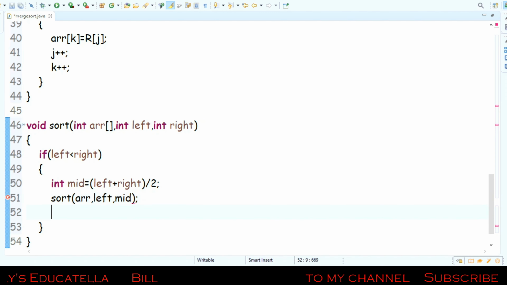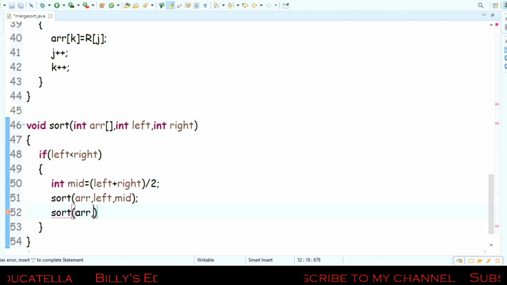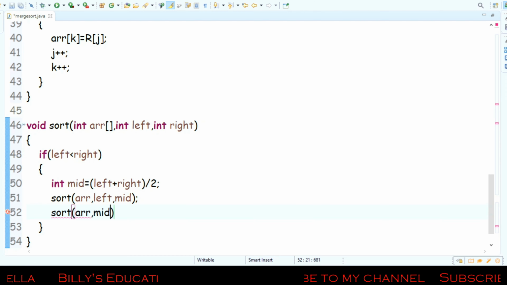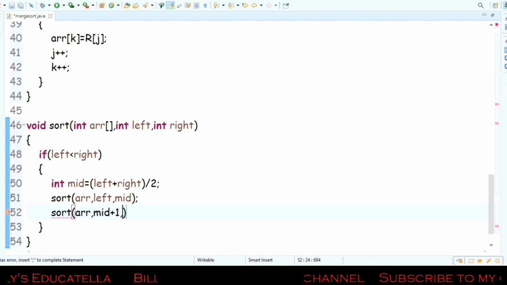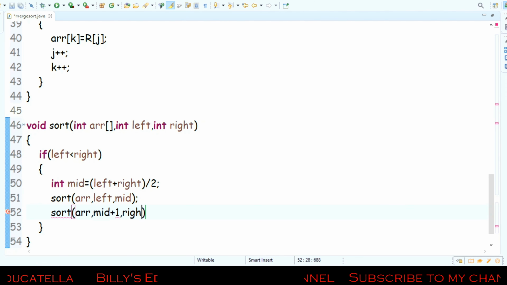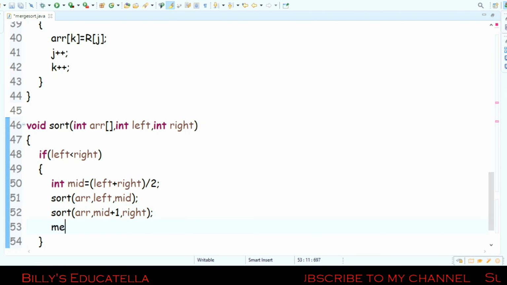Here it will call the function sort, that means the left subarray will be sorted, and then sort with mid plus 1 and right, the right subarray. For merging, I have to call merge with these values.